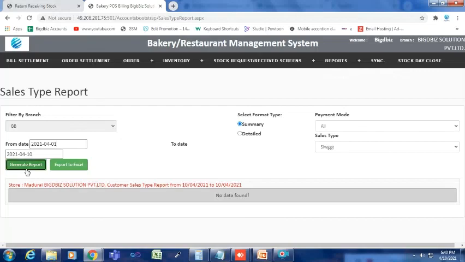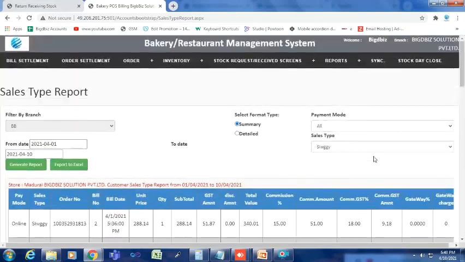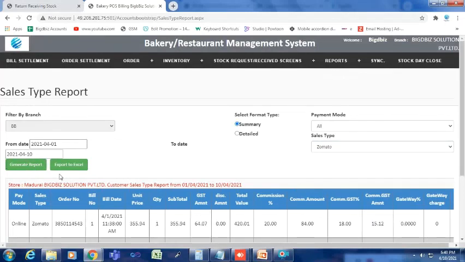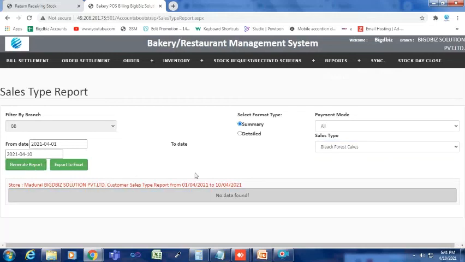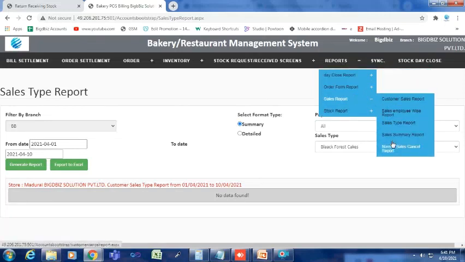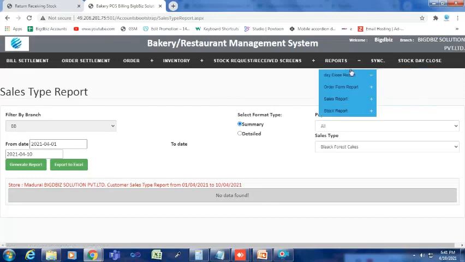Or you can see for a particular week. You have so many orders for a particular week from Swiggy alone or Zomato alone. 3 orders from Zomato, and a few more orders than that have been received from Swiggy. Your own online, nothing. The same way you can see in a detailed view also. Summary report: any order that has been cancelled can also be seen. Any stock details, everything can be seen here.